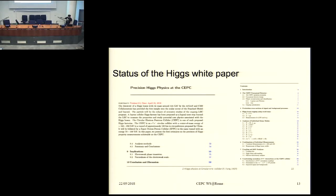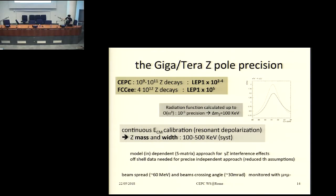And currently, we are working on the CEPC Higgs white paper, and we will soon have it released. So this is the part about the Higgs, and this is also the part about the electroweak measurement. Basically, for both CEPC and the FCC-ee, there will be a tremendous Z factory and also W factory. So the productivity will be 4 to 5 orders of magnitude compared to the lab experiment, and this certainly means